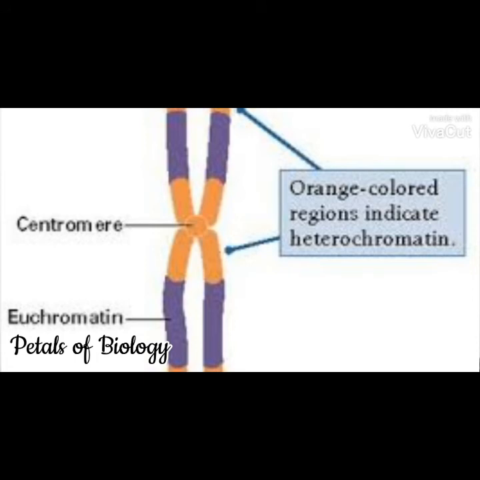The highly condensed region of the chromosomes is known as heterochromatin. The heterochromatin usually occurs around the nucleus and in the periphery. The diffused region of the chromatin is known as the euchromatin, and it contains a large amount of DNA. Heterochromatin is highly coiled while euchromatin is loosely coiled. Heterochromatin is having granules while euchromatin is devoid of granules.